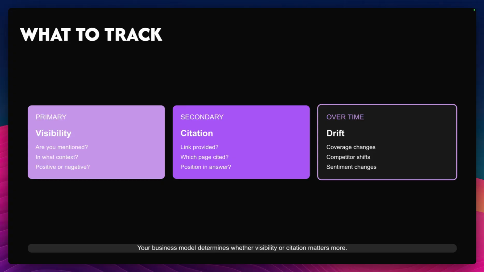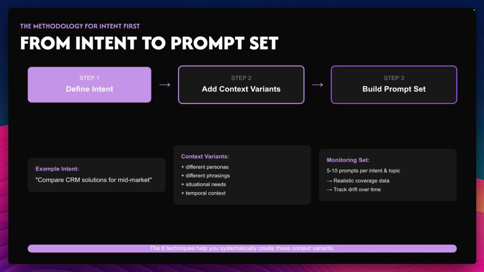And what you can also track is the drift over time. How is your coverage changing? How are the competitors changing? Are they getting more visible? And how is your sentiment changing? The idea from the intent first is that I start with defining the intent, then add context